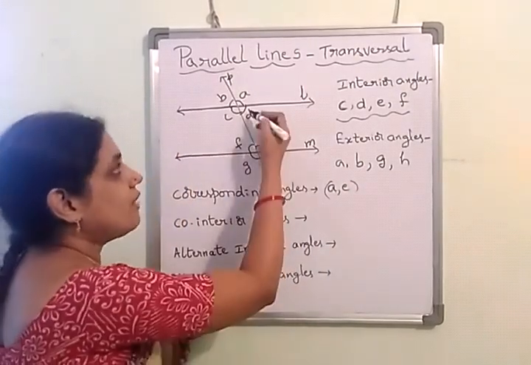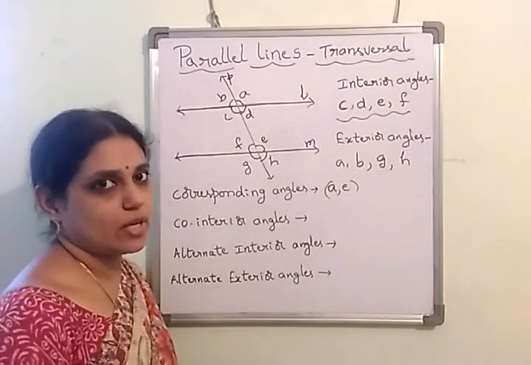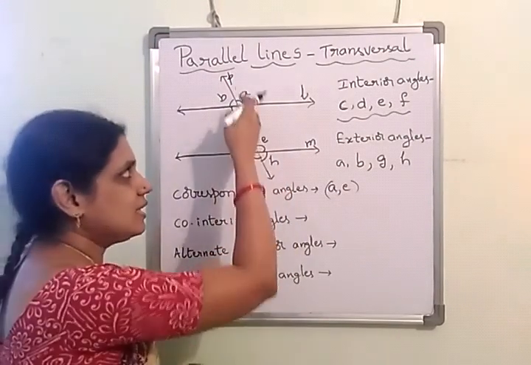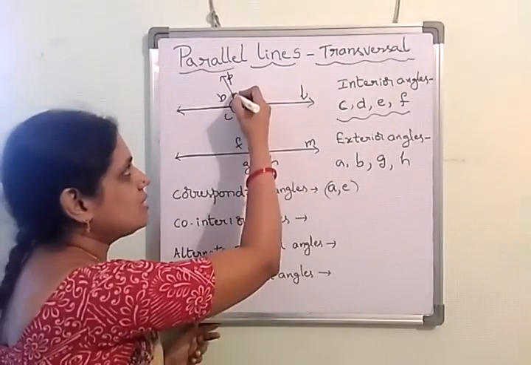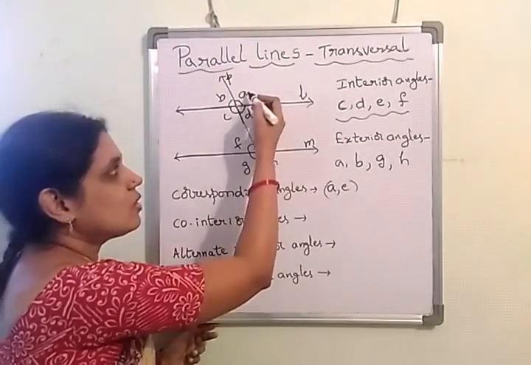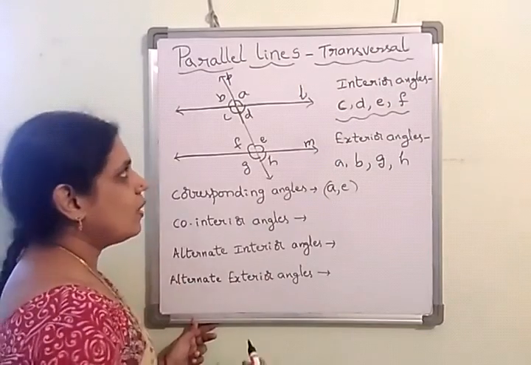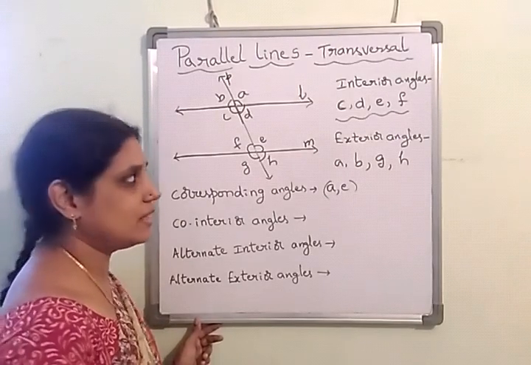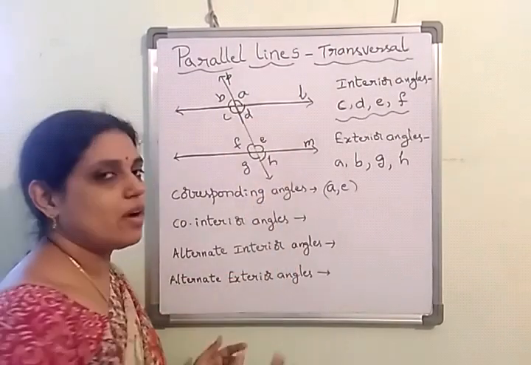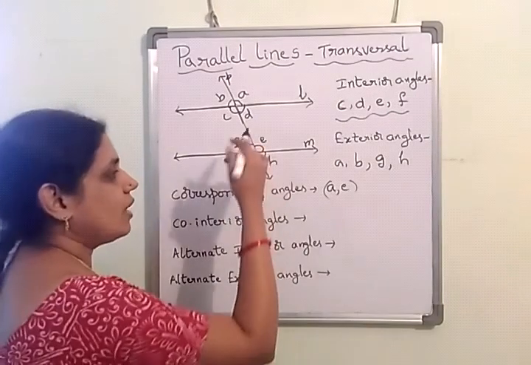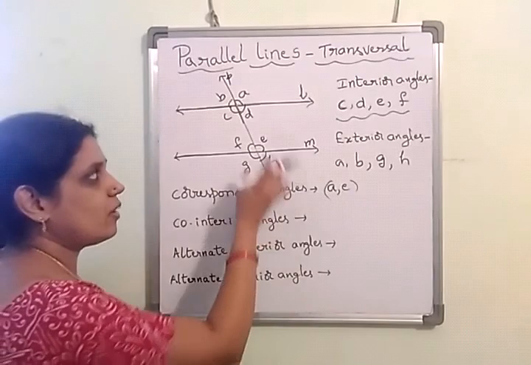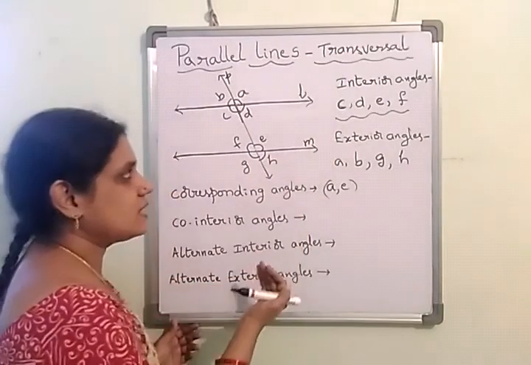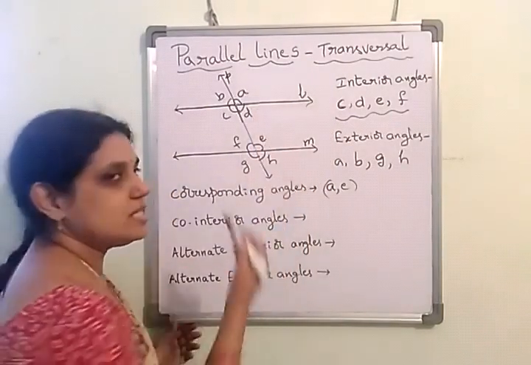You may have a doubt: why are A and D not corresponding angles? Actually, for A and D we have one more name: adjacent angles or linear pair. This is a line, a straight angle of 180 degrees. So A plus D is 180 degrees. So A and D form a linear pair, they are not corresponding at all. Corresponding angles are formed at different vertices, not at the same vertex at all, and they are on the same side of the transversal, and one should be exterior, one should be interior.